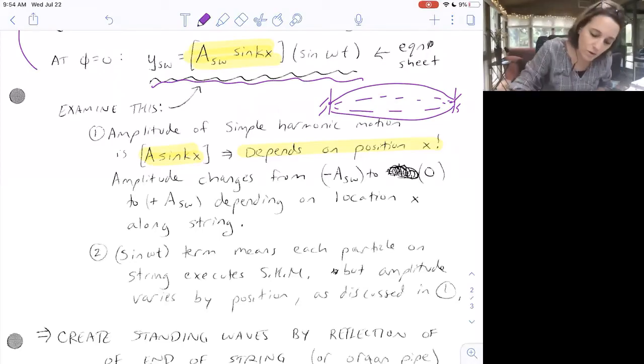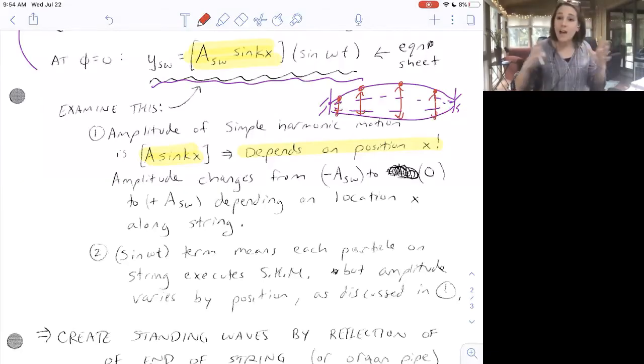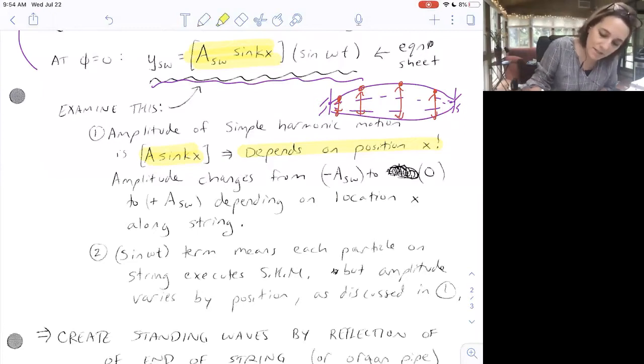Where you are along the string dictates the total amplitude of the simple harmonic motion for that portion of the wave. So the amplitude of the simple harmonic motion depends on position along x. And then the sine omega t term